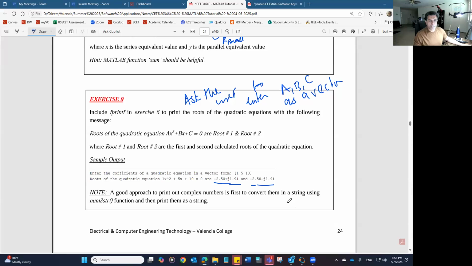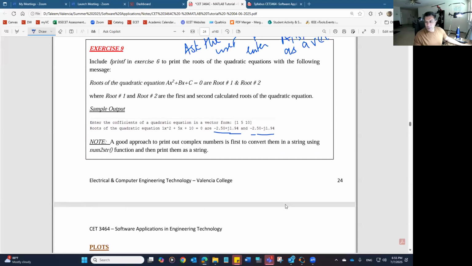So these are the exercises before plot that you have to do. Let's go ahead and take